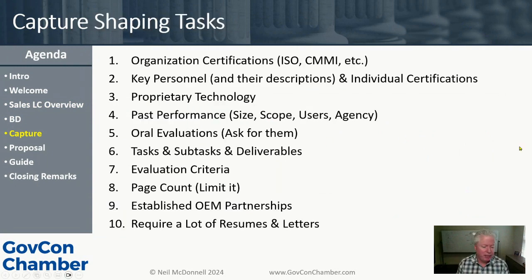Here's some examples of shaping tasks, and I'm running out of time, so I just want to cruise forward really fast. But this idea is you can shape a lot in an opportunity. And the government can look at you and go, yeah, that ain't happening, right? But salespeople, capture people, our job is to get in there and try to shape as many things as we want. And so this is just a sample list of what I put here, but you want to have in your company, and it can start with one thing to begin with, but slowly but surely, you want to say, hey, we want to shape our opportunities always to try to get this. If we don't get it, no big deal. But if we get even one or two, we're off to the races of